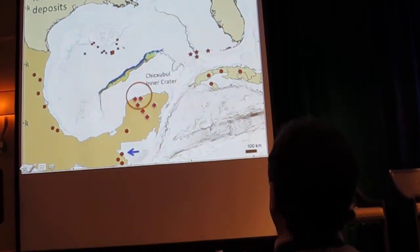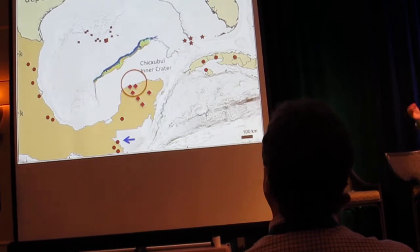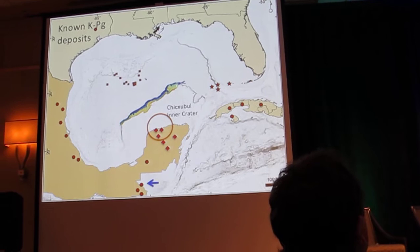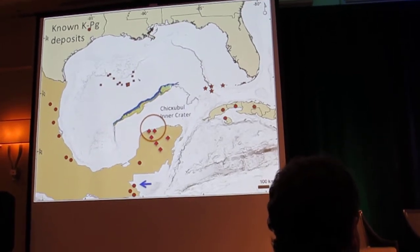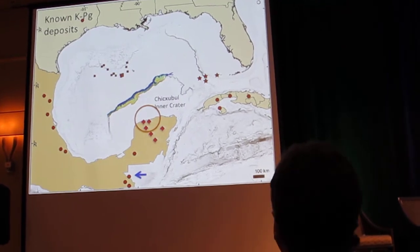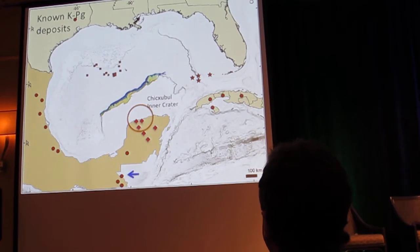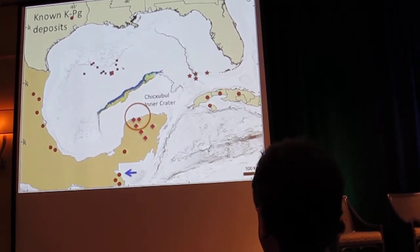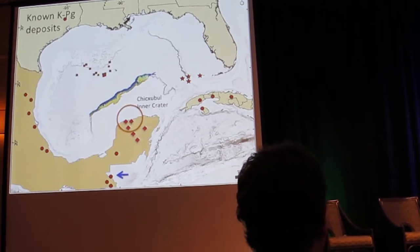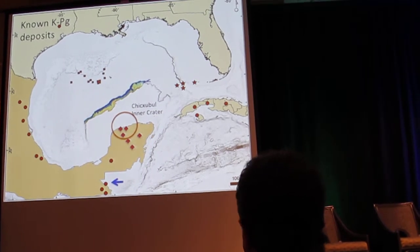The boreholes that are nearby are shown in this illustration in these triangles, and there are 3 of them that are inside the crater. These have more than 500 meters of ejecta deposits in them. But if one then moves from there to the nearest deposits that are exposed on land, that little blue arrow points out where the first deposits are of this event. They're 500 kilometers further to the south, and at that site,